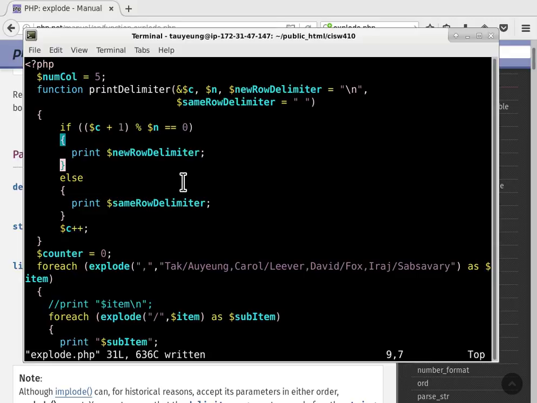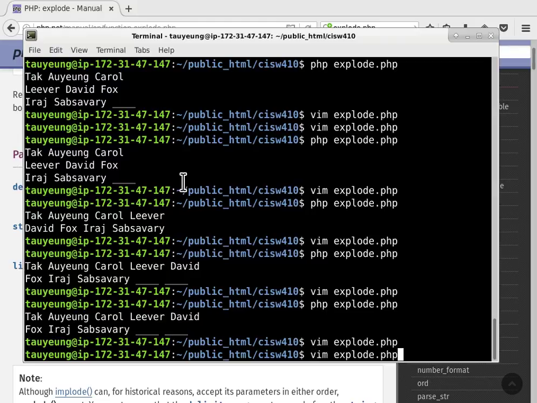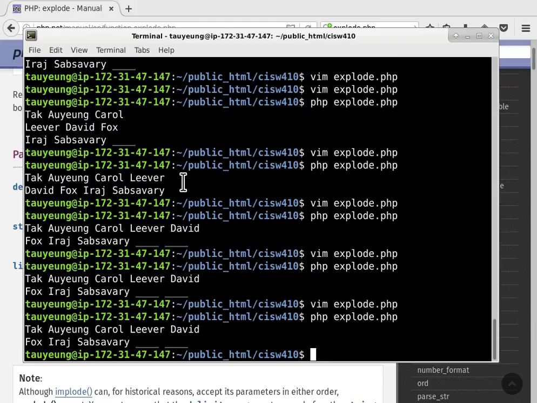Because the last two parameters have default values. Okay, so let's check this code. Are we still printing the same thing? Yes. Okay, so that's really kind of cool because what you can do now is modify this